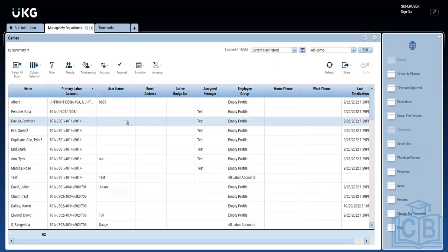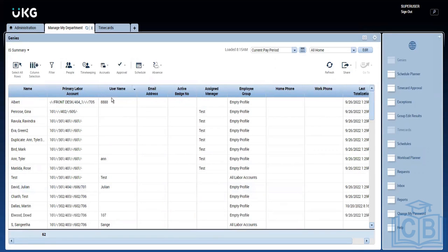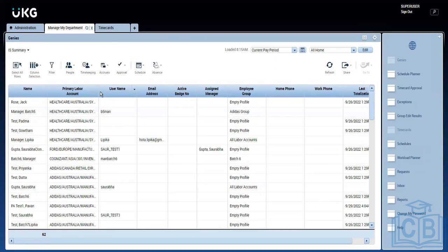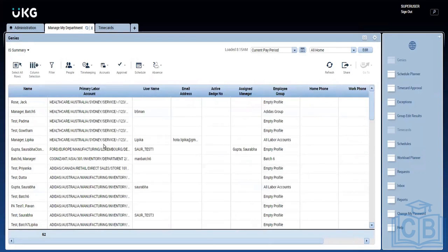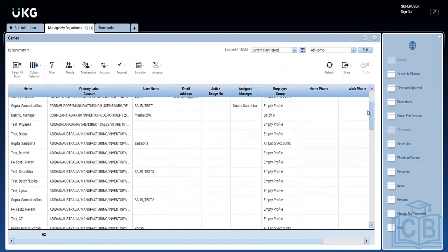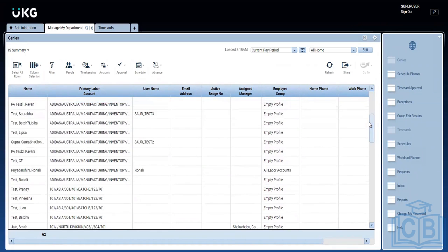Okay, now let me show you how to filter by a certain condition. So now let me take a condition stating that I need employees. In the system, we have only a few labor levels. So let's say I need employees who work in Australia. If you see here, there are a number of employees belonging to Australia. You can see the second value in the labor account. The second value here corresponds to country. So that is region. I need to see how many employees here belong to Australia.